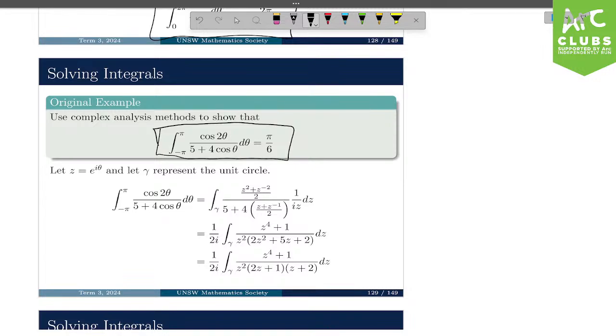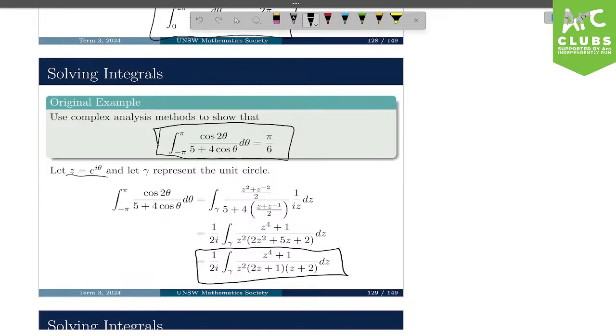Okay? And the way we do this is we make a little assumption. We're going to say, what does it look like when I re-represent everything in terms of z? Okay? z being e to the i theta. We do this and we recognize